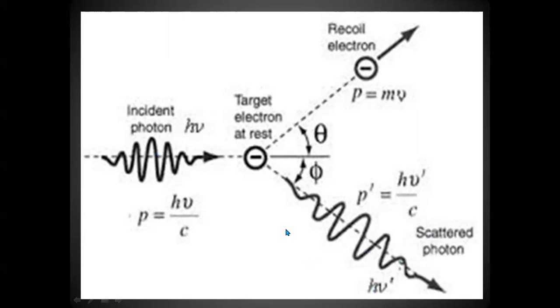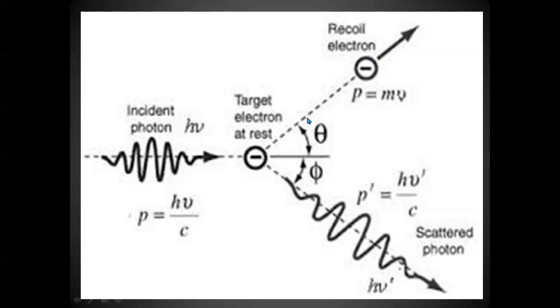Then what happened to the difference in energy? The difference in energy is utilized by this electron, whose momentum is mv or mu or mc, where m is the mass of the electron, and v, u or c, whichever letter we use to denote it, is the velocity of the electron. So mass into velocity will give you momentum, and you know that this will also be equal to this much. Therefore, this is called the Compton effect.